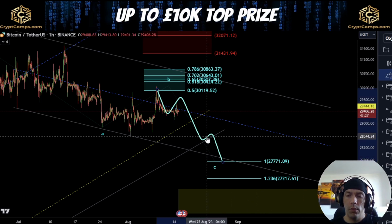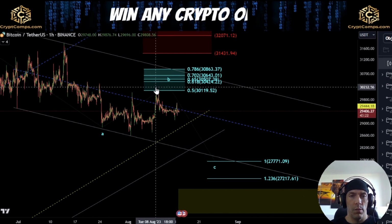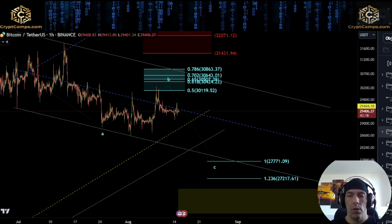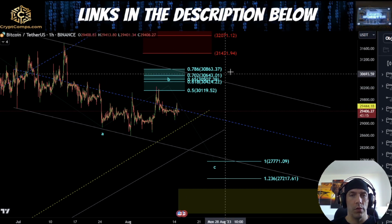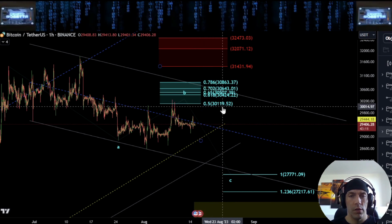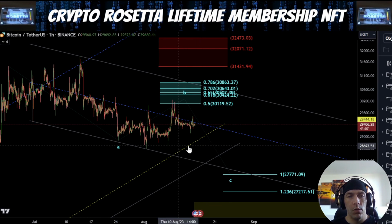what we could see is a move down towards this 1-to-1 level at this 27,771. Now, if we do see something like this, what we'd be expecting is to see this price stay below this high and starting to hit some impulsive triggers to the downside, but we could also still be within this B wave. So the most common rejection area here for a B wave is this 786 to this 50%. We have come up into this already,